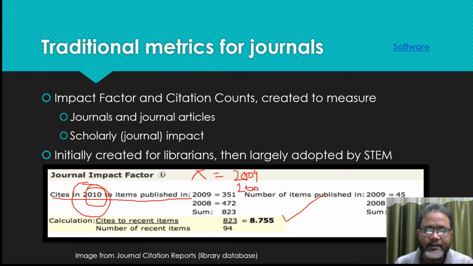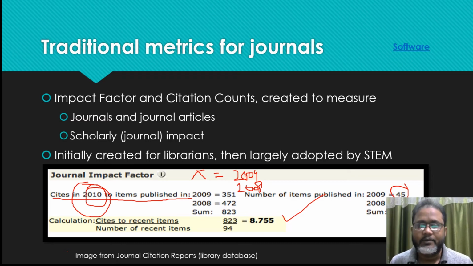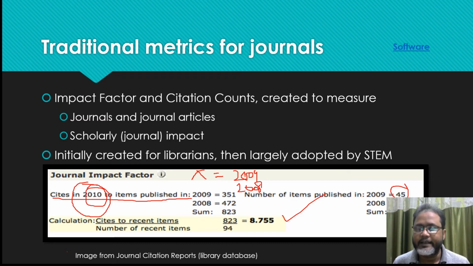Now see, in 2009 we got 45 articles, total articles published 45, and 94 in total,